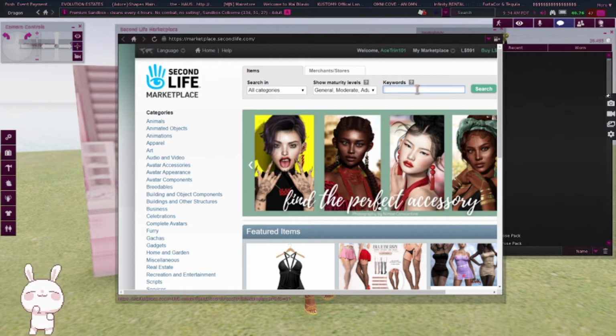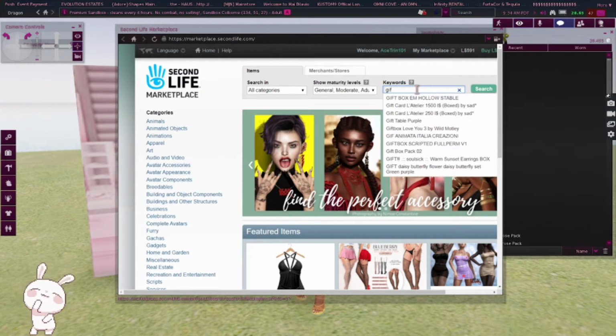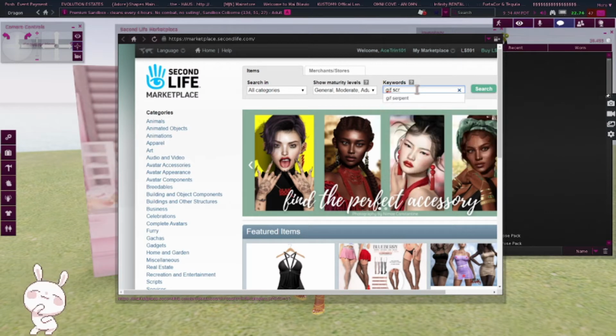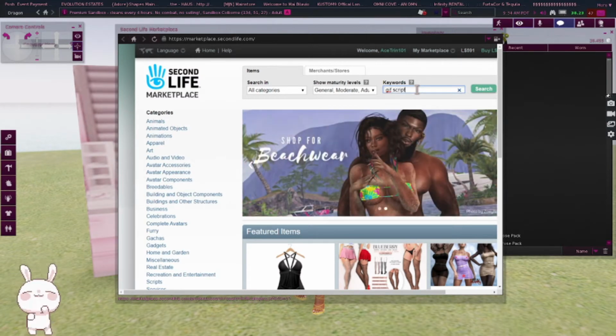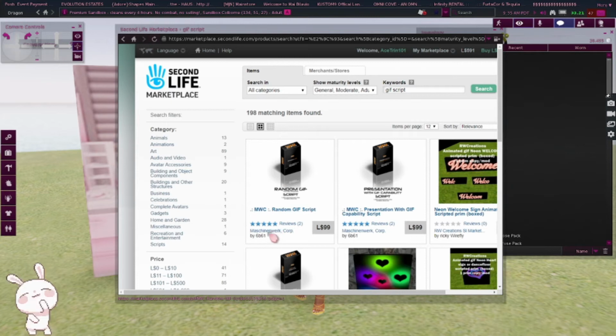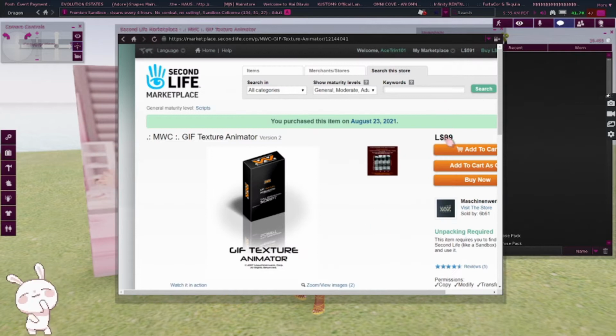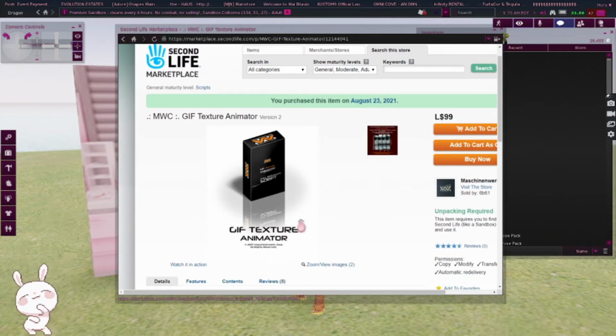Here you're just going to type in GIF script, and it's by this person here. I'm going to go down to, you want to look for GIF texture animator. That's exactly what you need here. It's only 99 Linden. Okay, you want this.